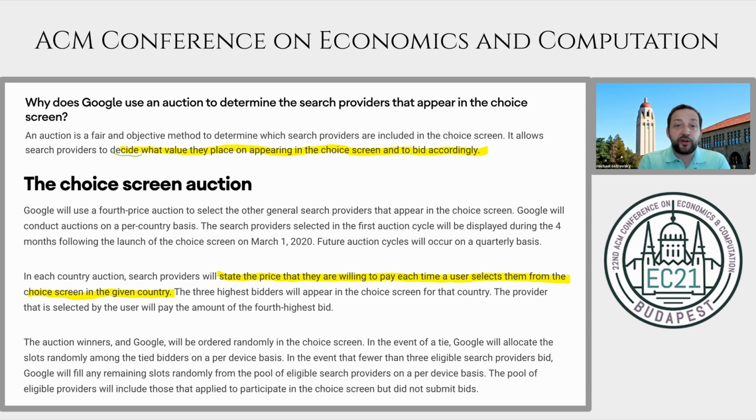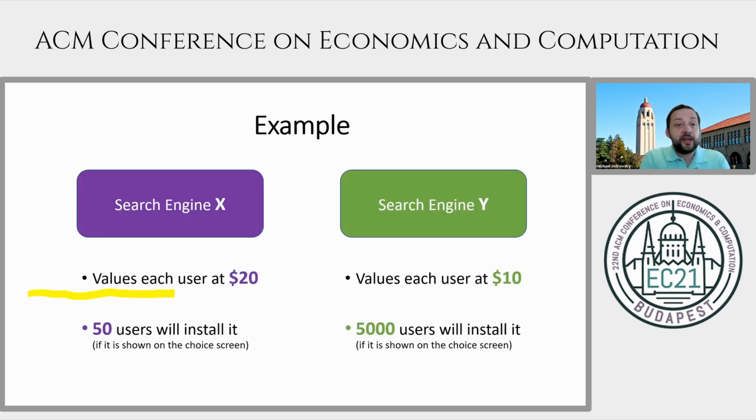However, where things get more interesting is this distinction, the 2 things that I highlighted. In one place, they say, you decide how much you value appearing in the choice screen. And in the other place where the actual rules of the auction show up, you bid on actually being chosen by the user. And at first, this looks like just a statistical distinction. You're like, look, you can multiply something by something, and they will be equivalent. And it turns out this is not at all the case. The difference is very important.